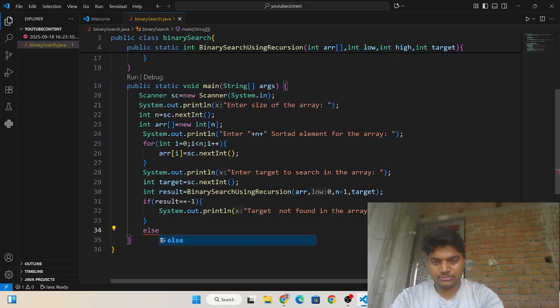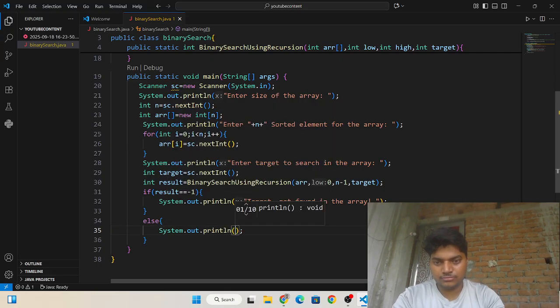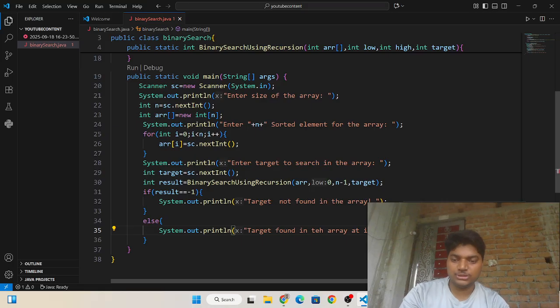Else, target found in the array at index, and what I need to pass? Result.